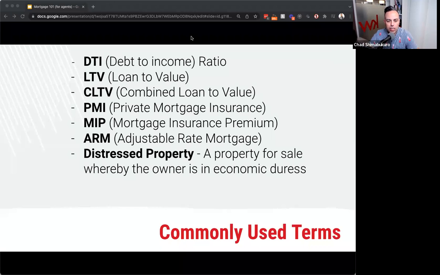Combined loan to value is an indication that there's a second lien on the property. So for instance, you could have an 80% loan to value and a 90% combined loan to value, which tells me they're putting 10% down. They have an 80% first mortgage and a 10% either a HELOC or a second mortgage. A few of the properties that I've personally purchased are spread out like that for a reason. So you can put down 10% and have 90% be on one loan.